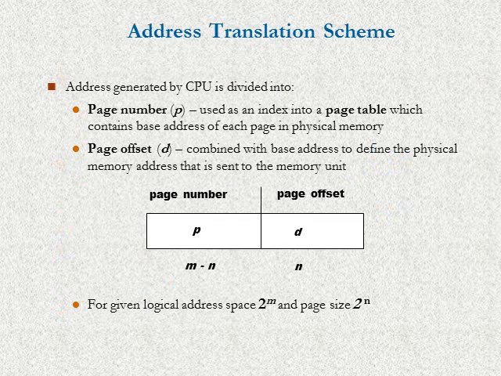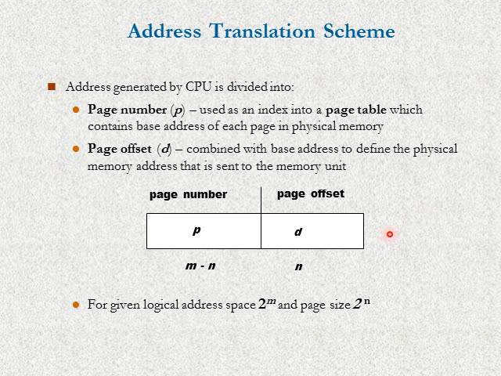Moreover, the address translation in paging is a bit different. Over here, we divide the address into two components. The first one is the page number, while the other is the page offset. Page number is the number of the page associated with the logical address space, and it provides the base address of each page that is now loaded in the main memory. On the other hand, page offset reflects the number of an instruction within that particular page, and by combining this page offset with the page number,